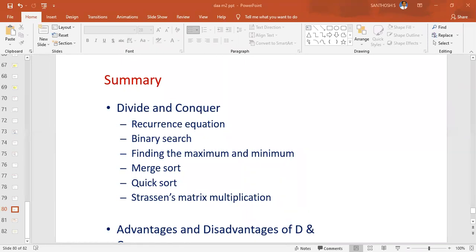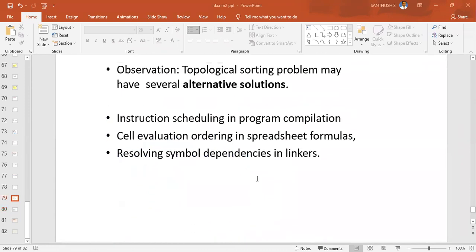Answer me. Can we do topological sort for a DAG?